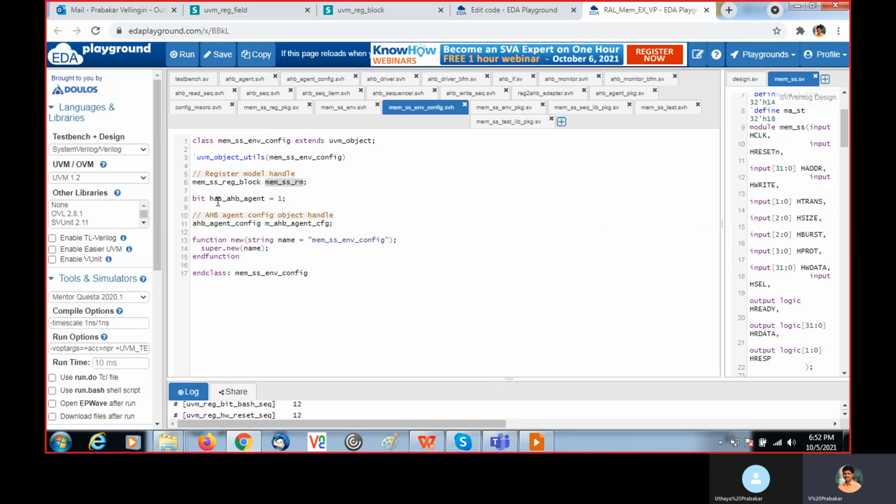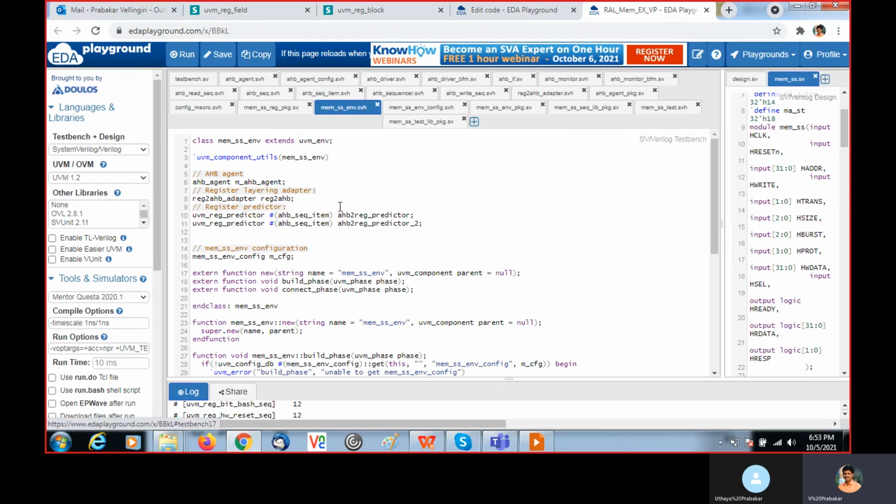Why we are using that, I will explain later. Then we are instantiating the AHB agent config. With that file we are instantiating here. This file we are going to use here.